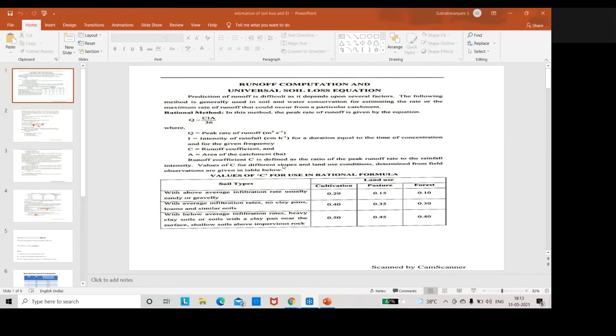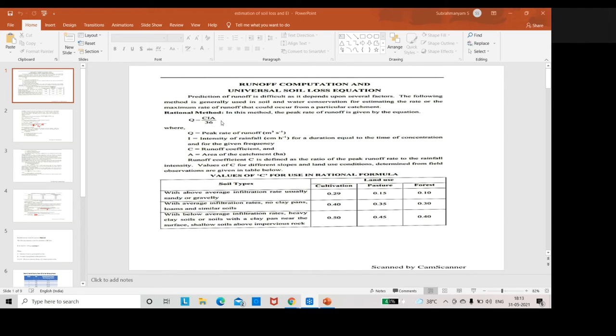Today I will discuss the peak runoff rate and the universal soil loss equation, and how we will calculate them. First we will see the peak runoff rate, which is measured with the help of the rational method, that is